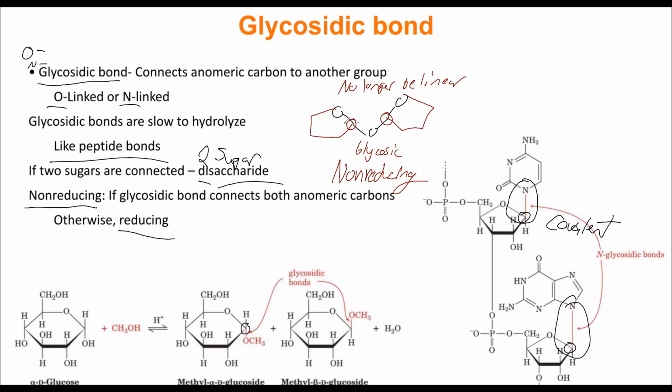All right. So if our anomeric carbon is in a covalent bond, it can no longer form the linear version. It is stuck being cyclic. So if you have a disaccharide and both of your anomeric carbons are in a glycosidic bond, we call that non-reducing. If one anomeric carbon is free, so let me draw that